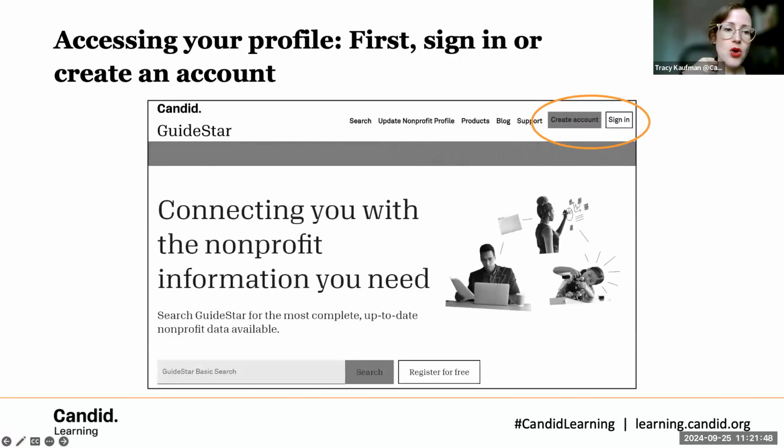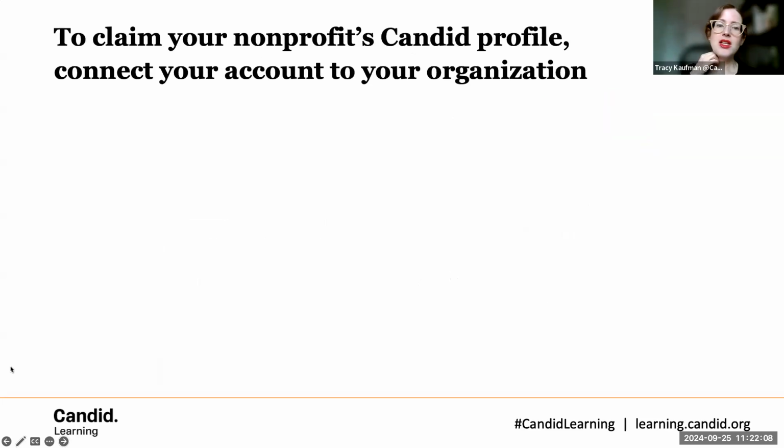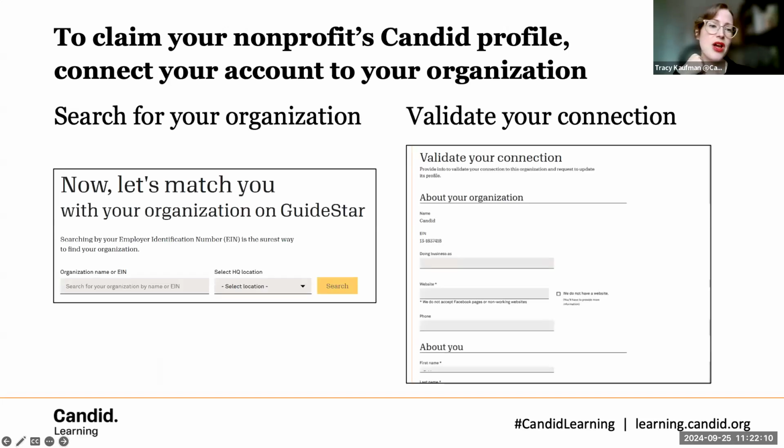So first, you're going to go to GuideStar.org. If you see in the upper left-hand corner of that screenshot, it just says GuideStar, GuideStar.org. If you don't already have a login for it, you're just going to create a free username and password. Next slide. And from there, I think we've got an animation here.